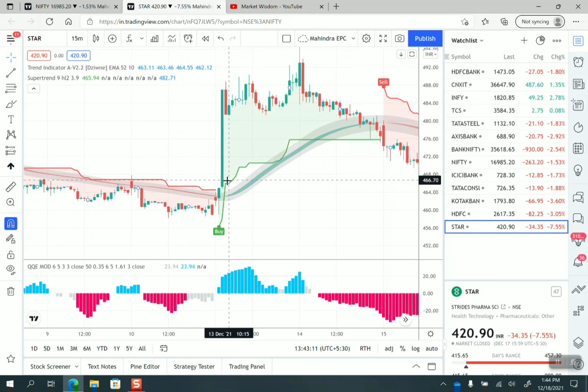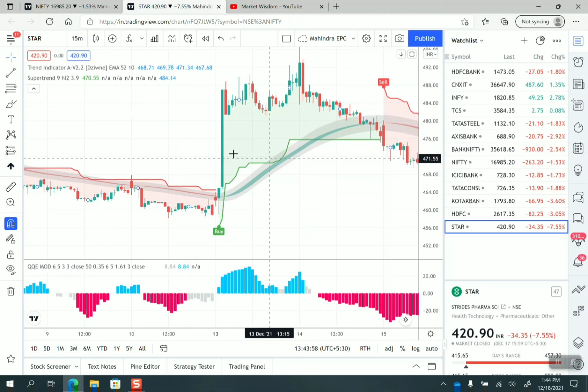If someone would have taken an entry on this particular candle, let's say at this 481, then the stop loss will be way lower over here, that is 467 or 465. But what is the amount of gain one could have got? From 481 it has made a move up to 491, so almost 10 points he would have got. In scalping, 10 points is more than enough, right? One can exit at 4 or 5 points as well, because it's an FNO stock and its lot size must be on the higher side. So if you get 5-6 points also, that is good enough for you, and the stop loss is very long over here in this case.